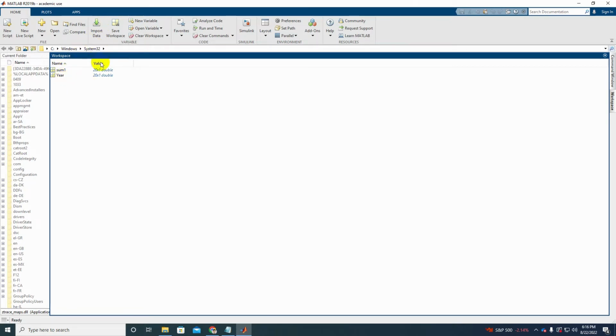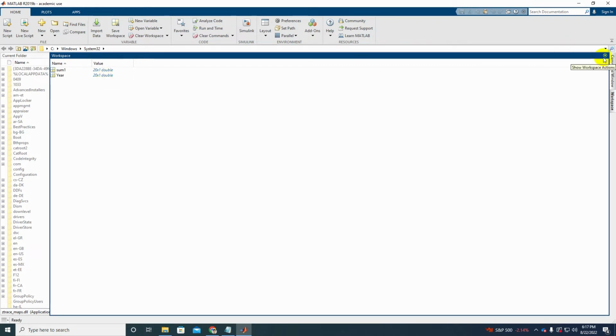However, once I imported the Excel file, this data is being shown. Sum, the variable, has 20 data values, and the class is double, and year, the same goes for this data, 20 values, and the values are of double